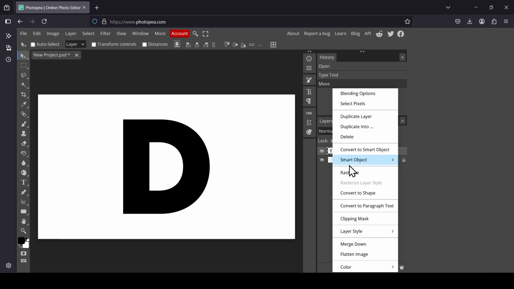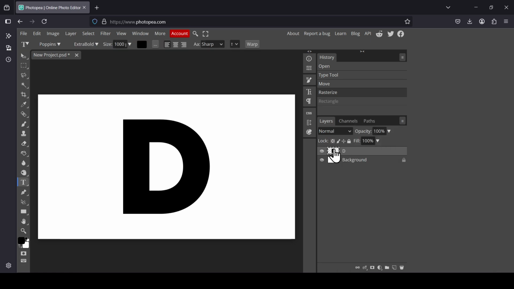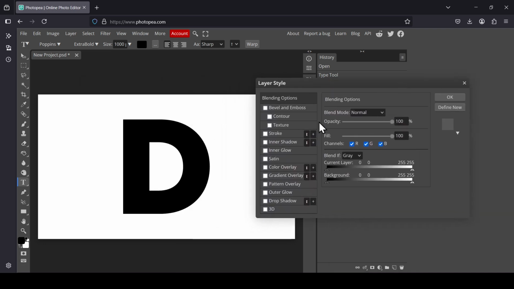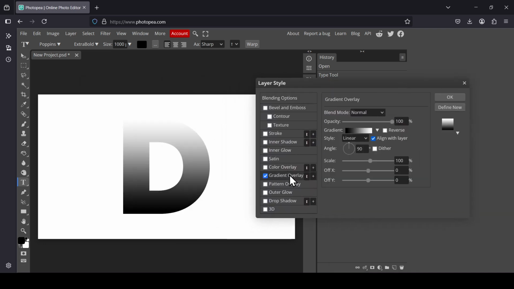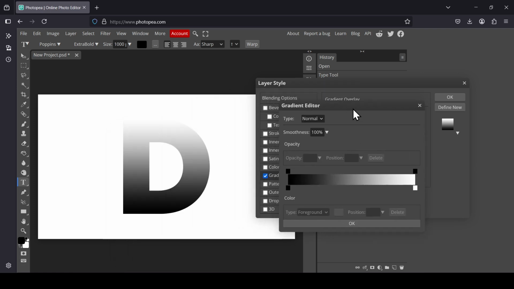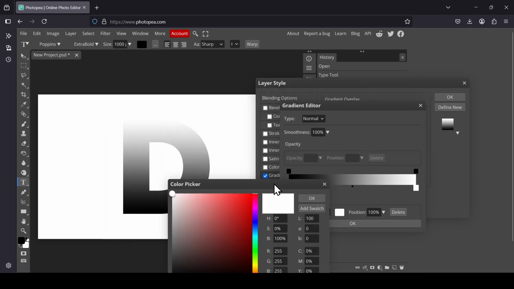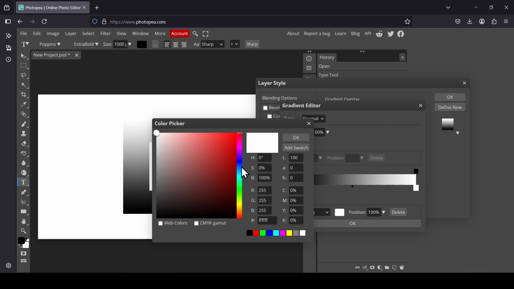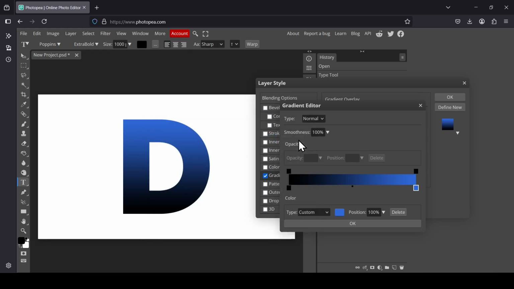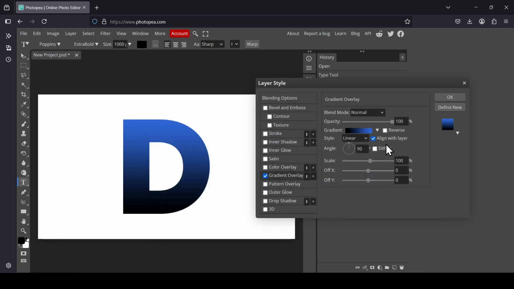right click on the text layer and then rasterize, and now right click on the text and then select blending options, select gradient overlay, the style is linear, and now left click, I'm going to change the color, double click on the white color, let's change it into a blue color, press OK, press OK, and now I'm just going to change the angle, so I'm going to leave it here,